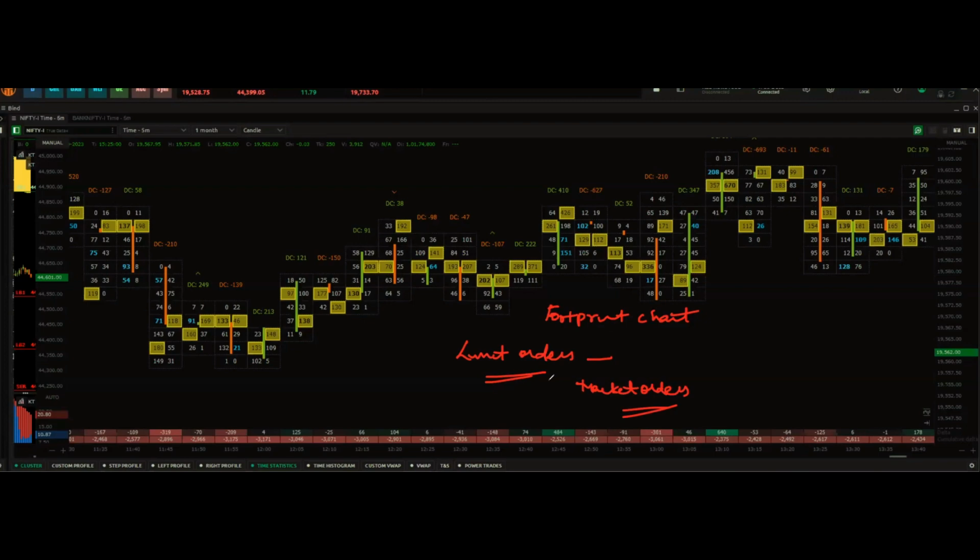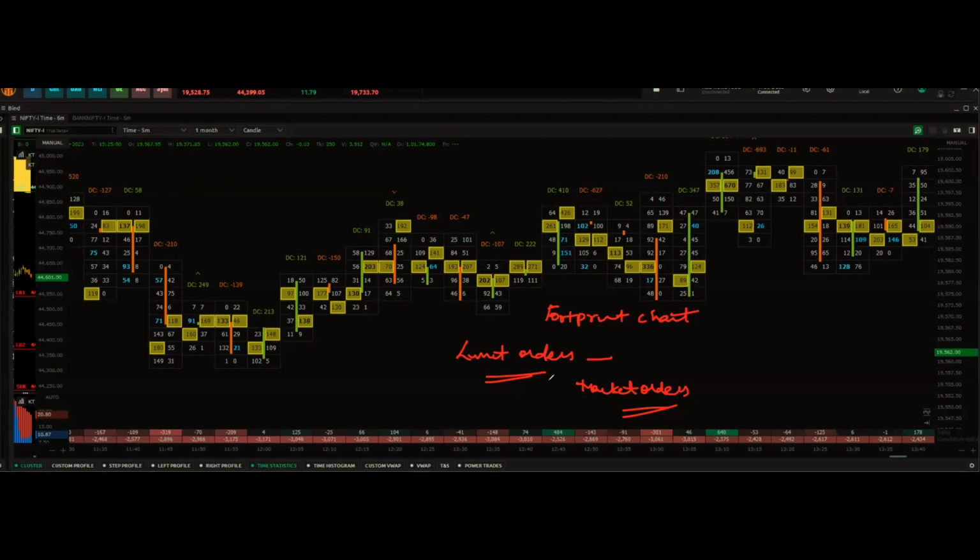Now, all the orders that are executed in the market, whether they are buying orders or selling orders, are reflected in your order flow. Basically, in a nutshell, as I said, order flow means the flow of orders in live markets. All the volumes that get executed in a particular instrument at every price point are shown in your order flow charts. This information is used to understand supply and demand in a particular instrument or in a particular market for you.